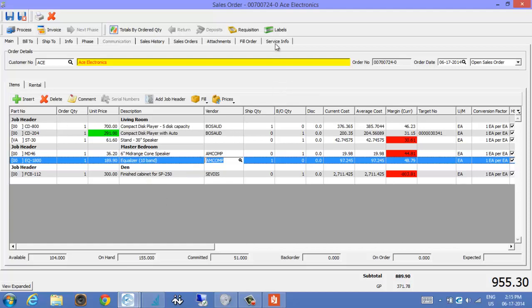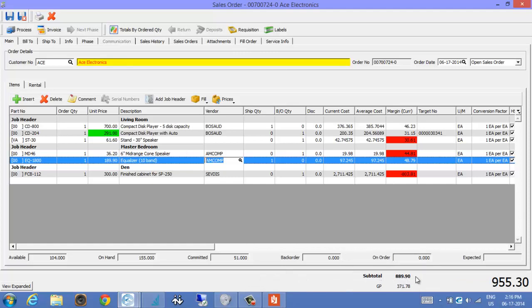And talk about service, we do have a separate video on our service systems. I won't delve into that so much, but that's where the service info button is at the top for doing service on particular items. Okay, so once we've finished with the order, we see at the bottom we've got a